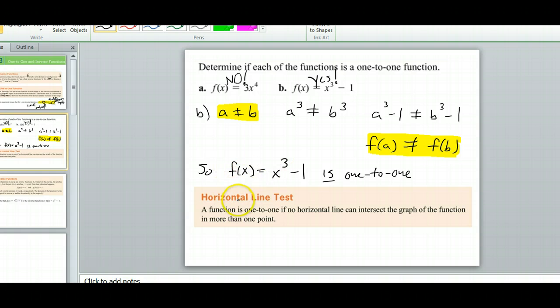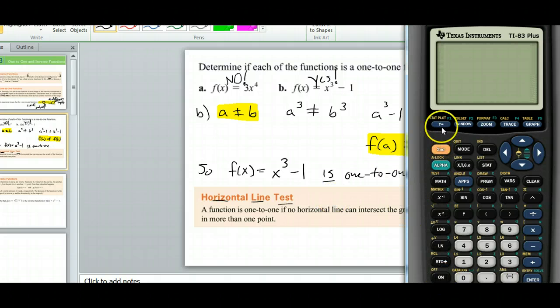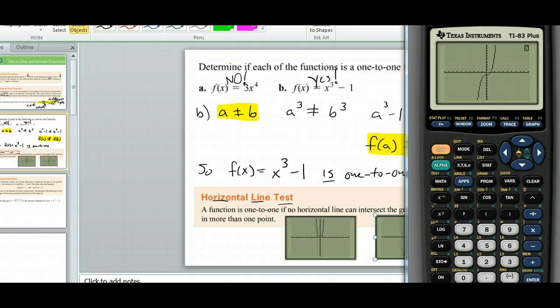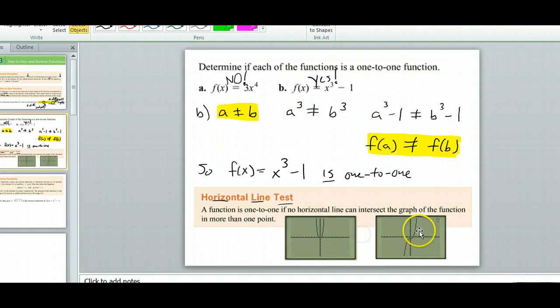Alright, another way you can tell if a function is 1 to 1 or not is with the horizontal line test. Different from the vertical line test in that we use a horizontal line to determine if it's 1 to 1 or not. So I'm going to put in these two functions, 3x to the 4th, and this is the graph of y equals x cubed minus 1. So I've got them both in here on